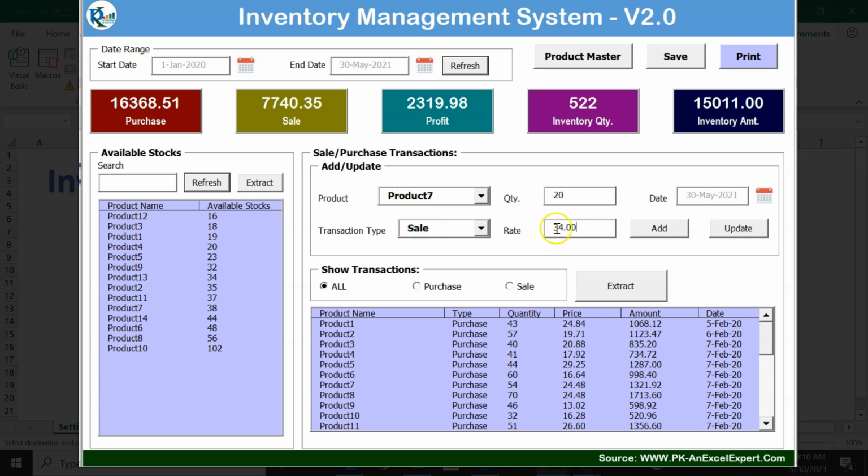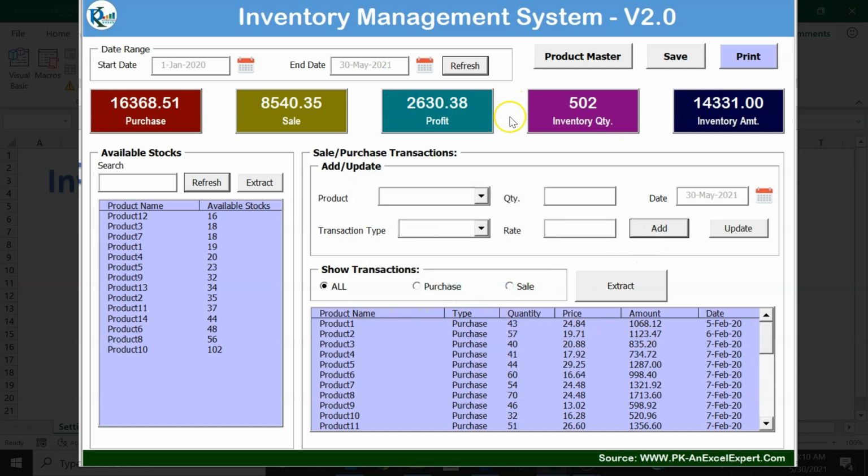And now I have made one more change, friends. Now you can change the rate here in this box also. Earlier this box was disabled. Many viewers asked for this. They want to change it in real time. So you can update here in place of 34. Let's say I'm putting here 40. Now simply click on the add button. So this transaction will be added.